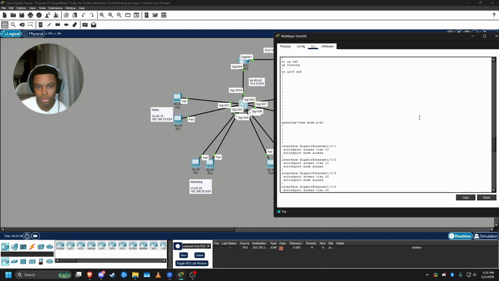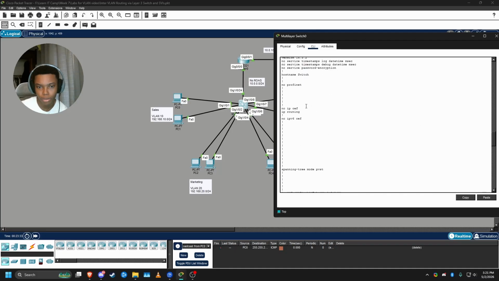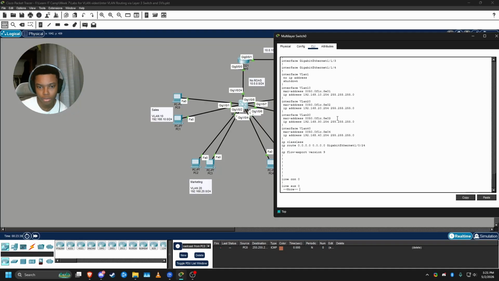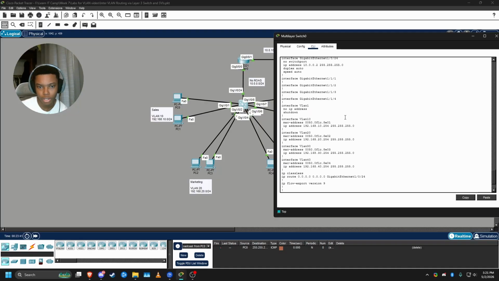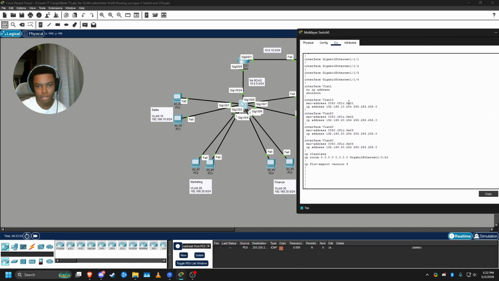So first, what you want to do on a multi-layer switch is run ip routing, and that's just going to enable the switch to have a routing table and perform the inter-VLAN routing. And then from there, you want to go into interface config mode. After you've set up the VLANs, you want to go interface and then type in the VLAN and the VLAN number. And after that, you want to set up an IP address with an IP address in the subnet for that VLAN. So for this VLAN, it's going to be